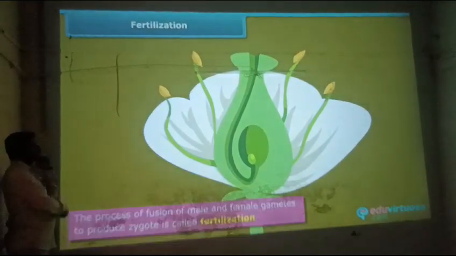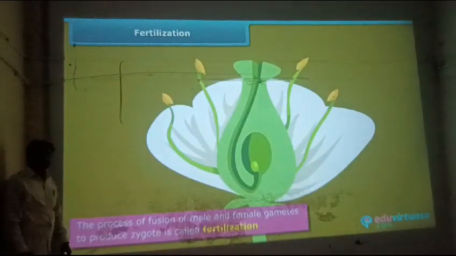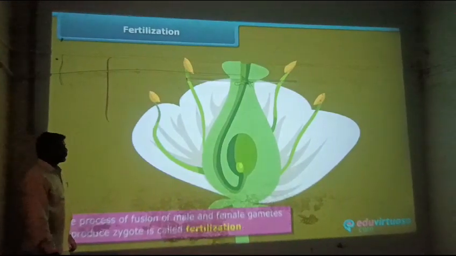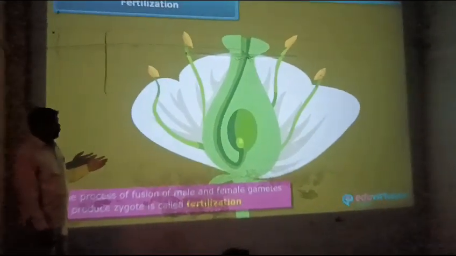Fertilization. When male and female gametes are fused together. Pollination is of two types. First one is self-pollination, second one is cross-pollination. Self-pollination means the pollen grains within the flower goes to